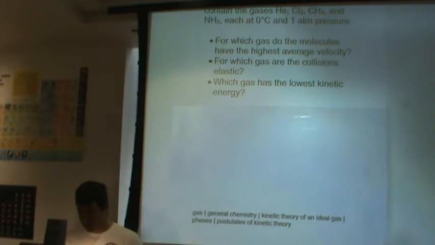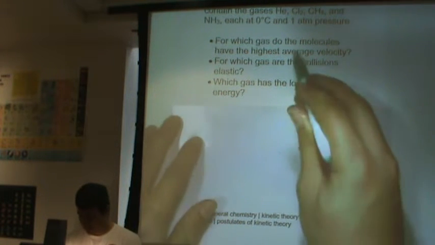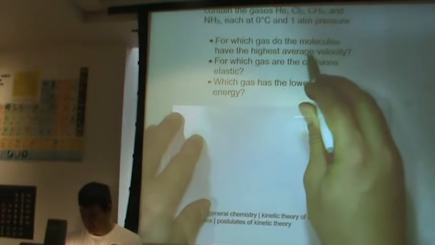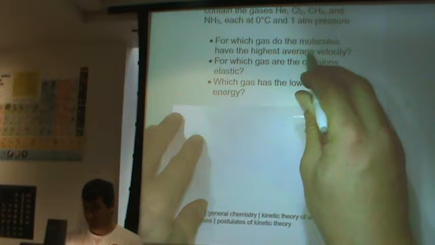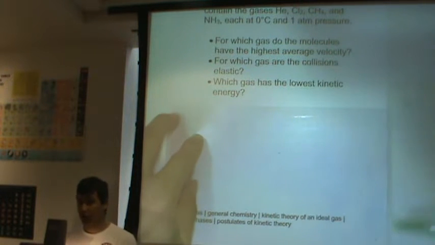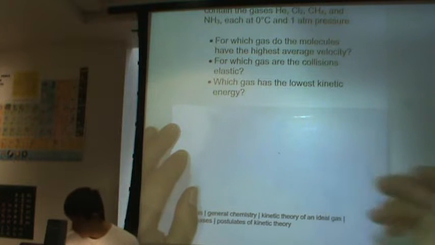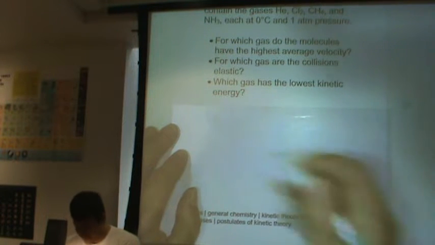Whenever you have these questions about speed, you want to see which speed they want. Remember, we have average velocity, mean free path velocity, and root mean squared velocity. So when you read the question, you want to use the right equation if it's asking for a specific gas. For this one, though, we're going to write down our